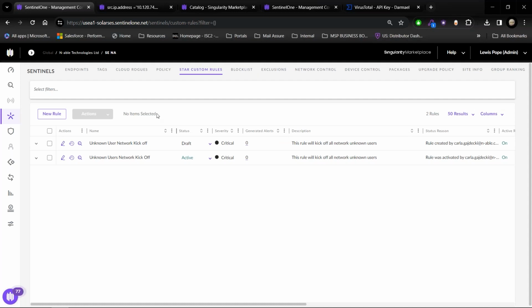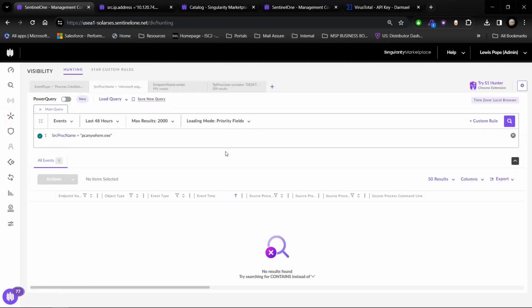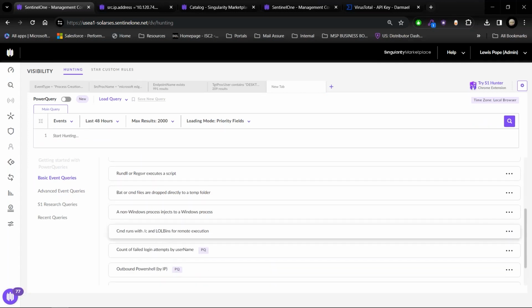And these queries in here for the deep visibility, if you've ever written an SQL query, this is going to be kind of familiar for you. It is slightly different, but it still feels the same. And we're not going to say it's a blank canvas, go start working. There are actually some default ones already in here for you to learn and use. Some good example ones are,